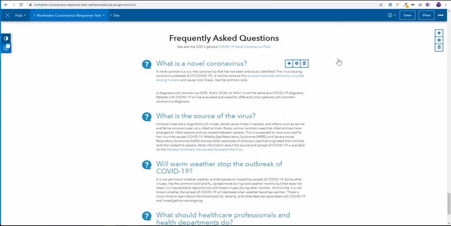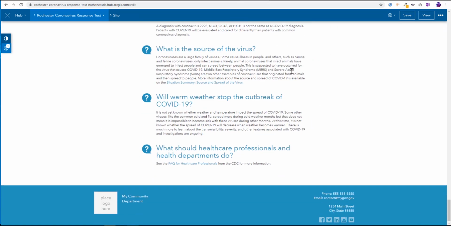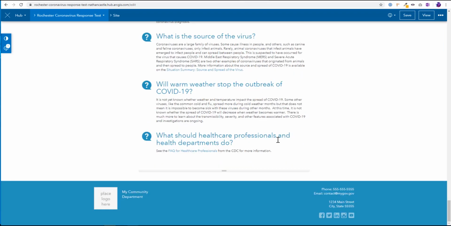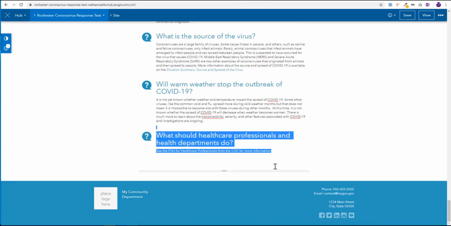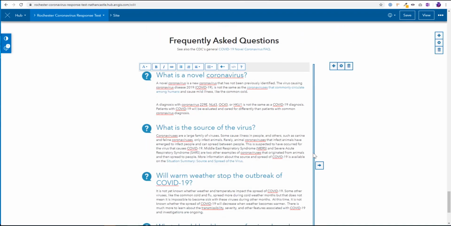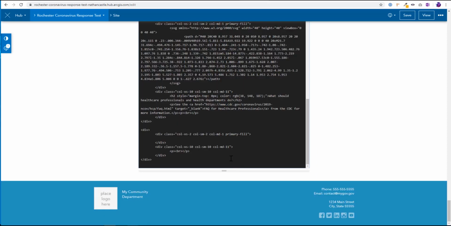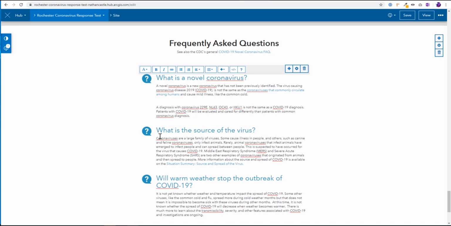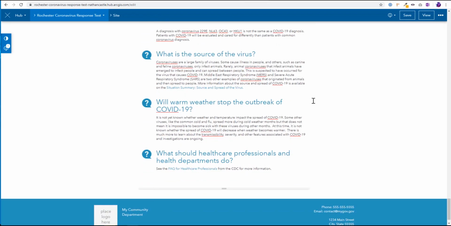And then finally, we have our FAQ section. So this has some FAQs from the CDC already pre-deployed with the template, but you could additionally come in and create your own. You could copy a certain section and then paste it and start to create your own. You might even want to do that from the code mode, so you see that you can grab all of the sections on this and duplicate them as you go through. But this is also good as it is with a default FAQ section from the CDC as you first deploy